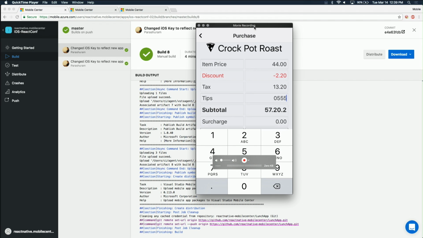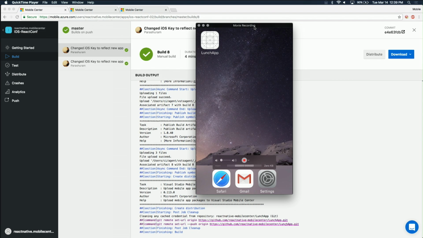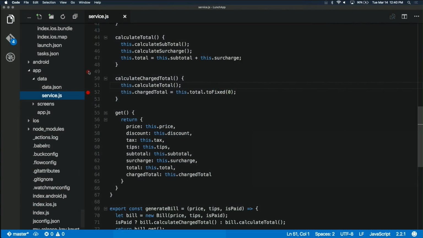Yeah, the subtotal is weird, and if I say make payment, okay, that's weird. But you know what? I actually have crash reporting software installed on my device. I was just kidding. So let me go back to my application, and if you look at my package.json,